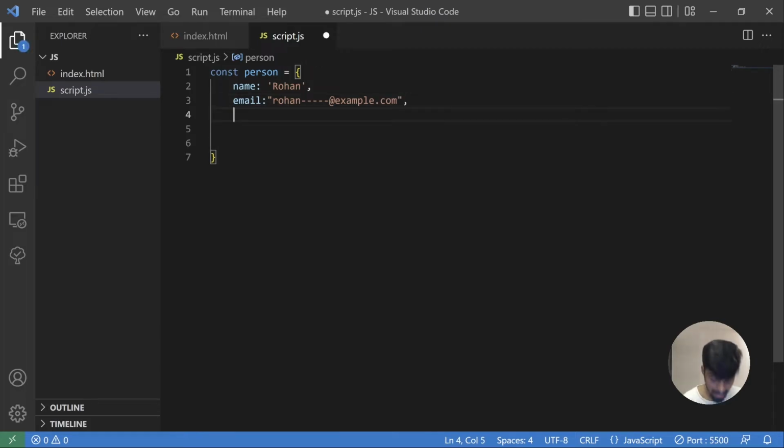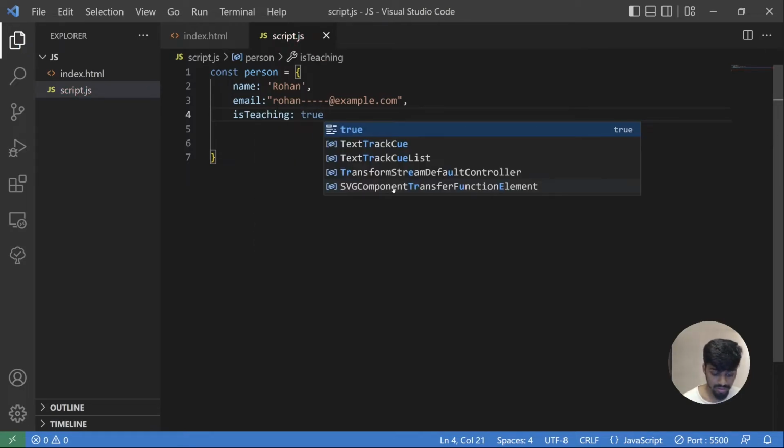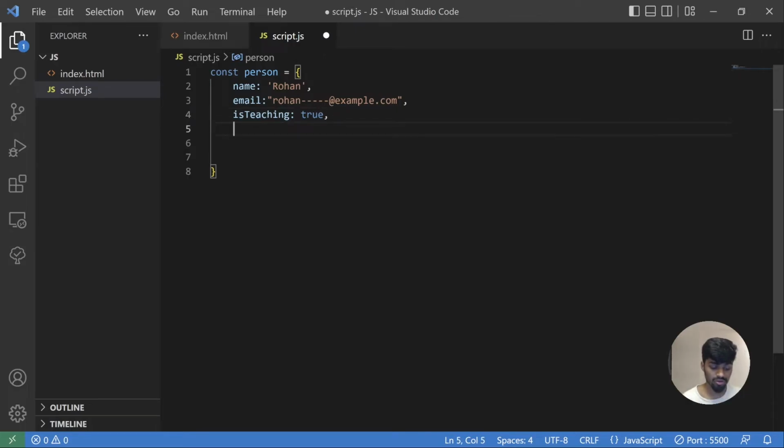I can assign other things as well. Is teaching, for example, this could be a Boolean value. Yes, I am teaching right now. So this way you can assign values to it. This is a string value, these two are string values, and this is a Boolean value. So this object will be created. If I console log this person